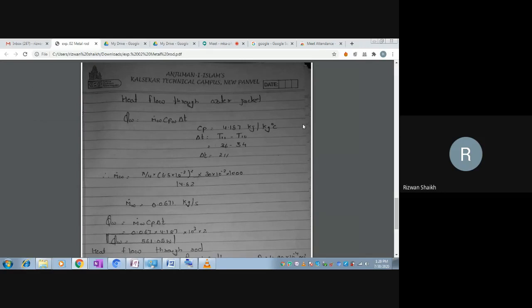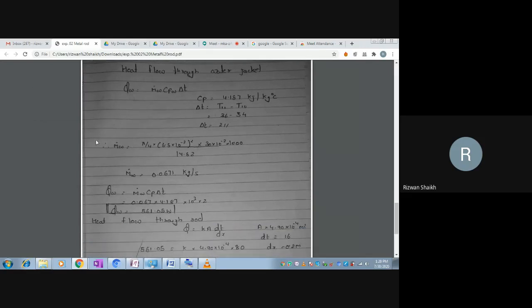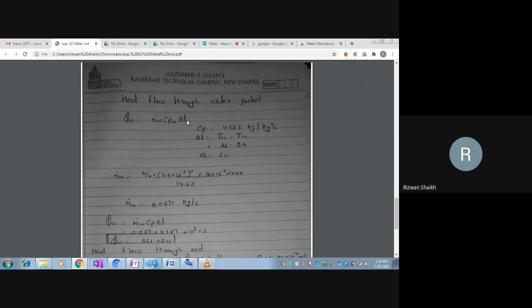So for the calculation, we have to first calculate the flow rate. Now the purpose of the calculation is to calculate the K. So we'll first apply the heat flow through a water jacket. So QW is the heat flow through a water jacket, M dot W CPW delta T. So whenever we require to calculate the heat flow through a fluid, at that time we apply this equation, that is M CP del T. And h A del T we can also use. So these are the two equations we are using.